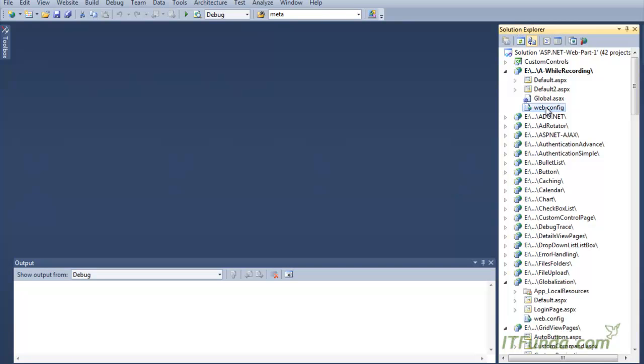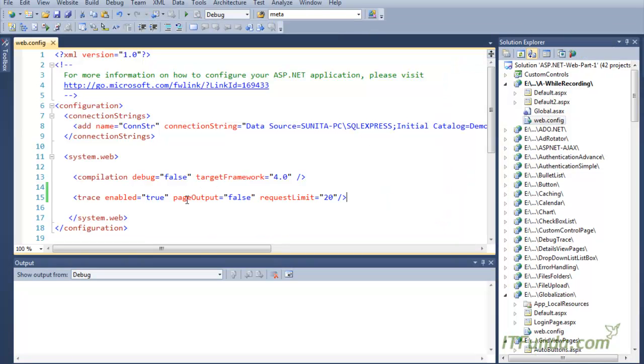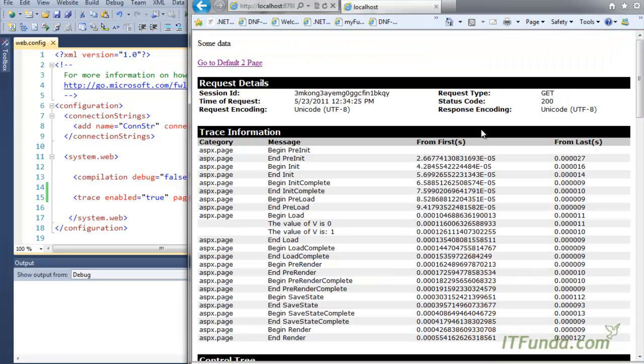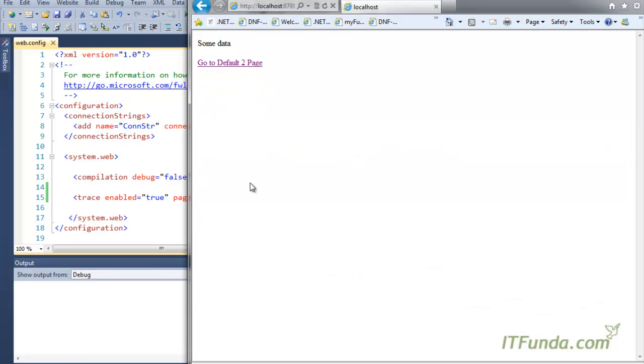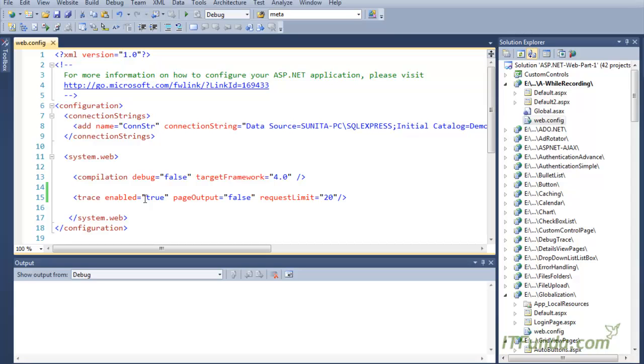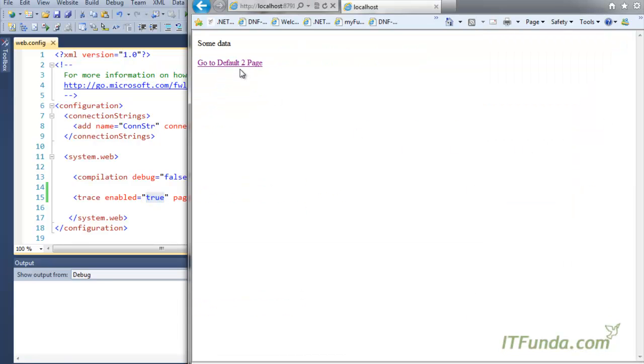So here is my web.config file. Now you can see that I have written pageOutput equal to false. Now when I write pageOutput equal to false, what will happen is that the output of the trace will not come here. Now when I am going to page 2, still output is not coming. However, tracing is enabled for this application, but output is not appearing. And this output basically appears when you go to the